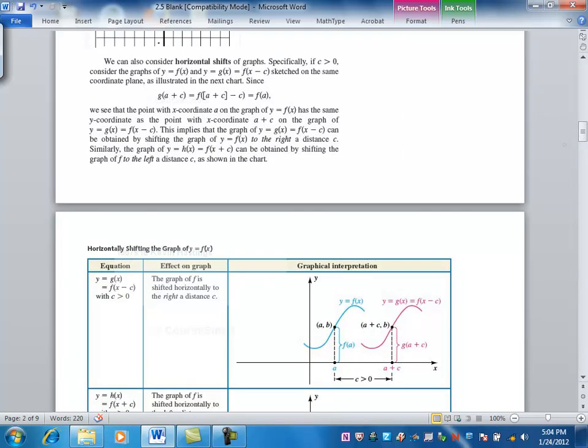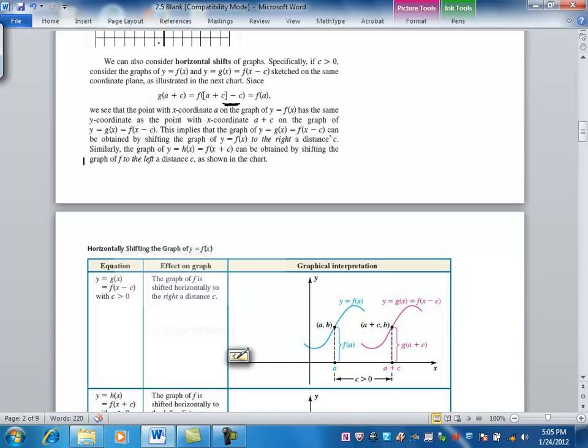Since g of a plus c equals f of a plus c minus c, what we get is f of a. Notice here how these two are going to cancel, and it's because I have to subtract c from this number to get back where we started. And that's why if I have a positive value c and I'm adding to it, we see that the point with the x-coordinate of a on the graph of y equal f of x has the same y-coordinate as the point with the x-coordinate a plus c on the graph, but this implies that